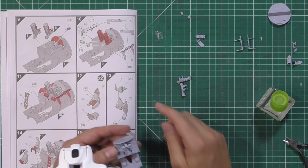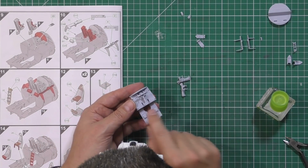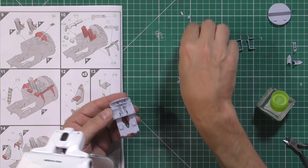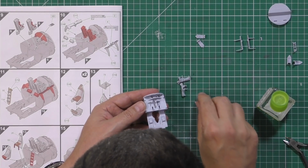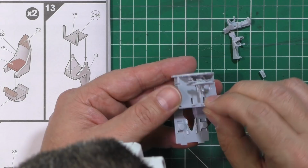So actually what we can do is then we can work on these. Again, it's going to have decals put on there, but we'll do it all once it's painted. So the seats we won't put in yet, we'll pop them in afterwards. All right, so we've got the actual oxygen bottles, which are going to go to the rear. Again, because the holders are painted,